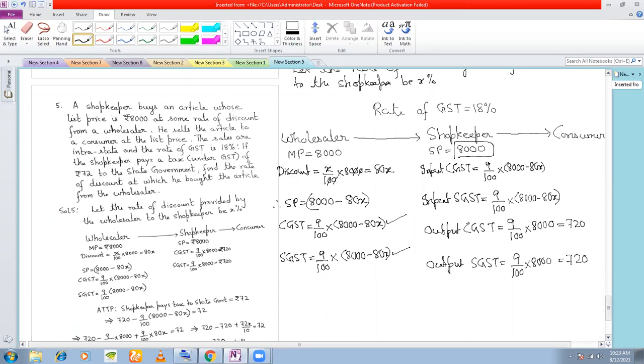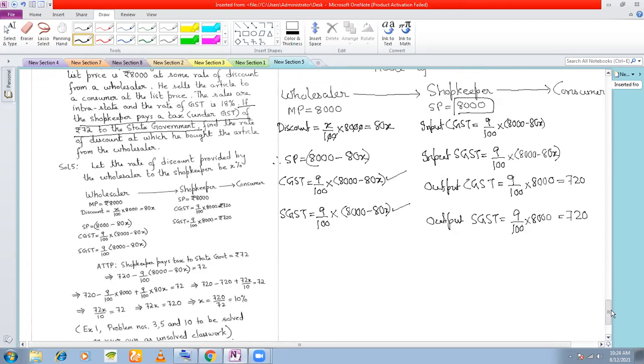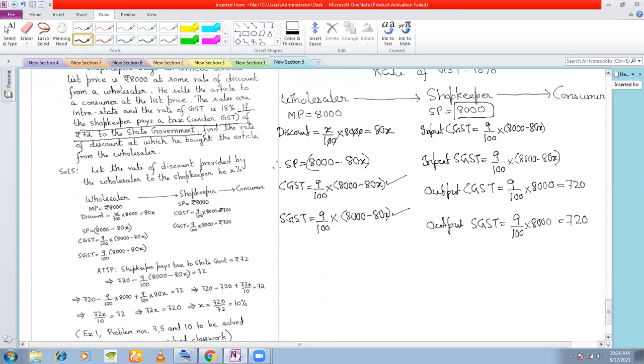Now, if you see this sentence, if the shopkeeper pays a tax under GST of rupees 72 to the state government. Now, see, what is the tax paid by the shopkeeper to the state government? Output minus input, right? So, the amount of tax under GST paid by the shopkeeper to the state government